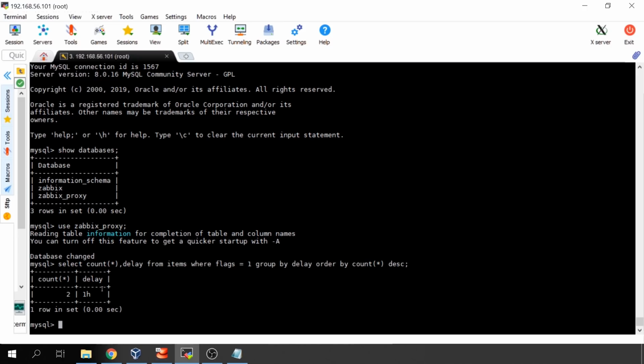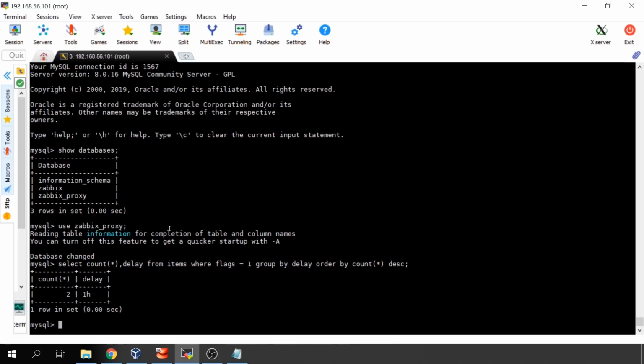Also pay attention, because since version 3.4, I guess, it became possible to use suffixes in the update interval. So not only an integer like 60, 120, 150, but 1h for 1 hour or 5s for 5 seconds. This makes understanding and also updating those items at the database level a bit complicated, because I could have 1h as 1 hour, I can have 60m as also 1 hour, and the same in seconds. So here I can see that I have only 2 low-level discovery rules with a delay of 1 hour,